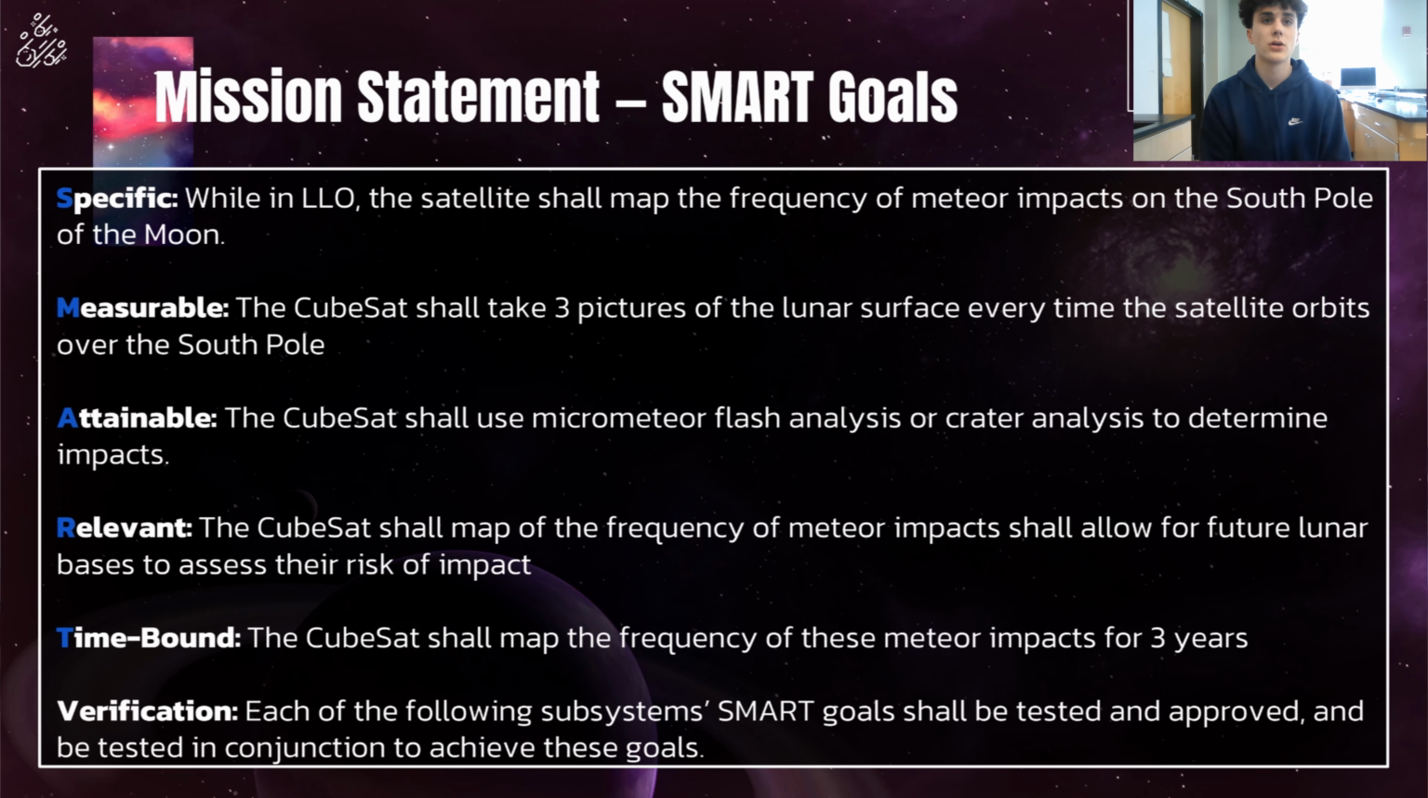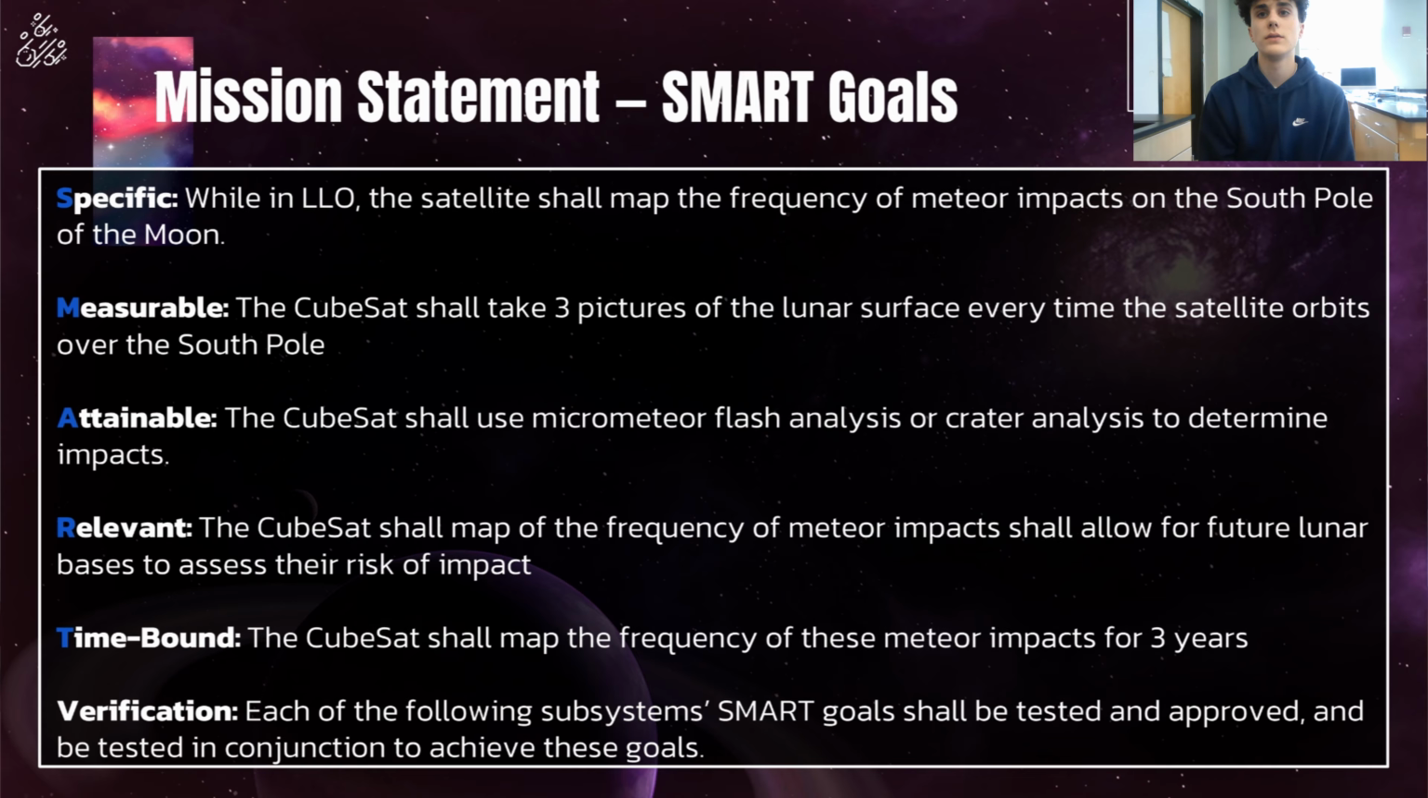These are our SMART goals for our mission statement. Our specific goal for the mission statement is that while in low lunar orbit, the satellite shall map the frequency of meteor impacts on the south pole of the moon. Next, our measurable goal is the CubeSat shall take 3 pictures of the lunar surface every time a satellite orbits over the south pole. The attainable goal is the CubeSat shall utilize micrometeor flash analysis or crater analysis to determine